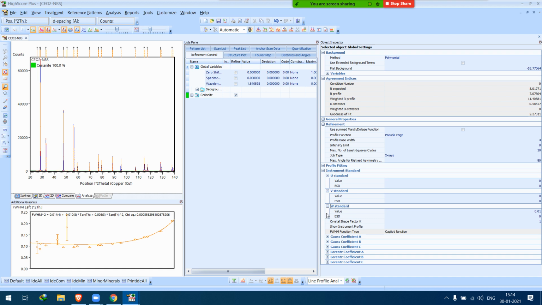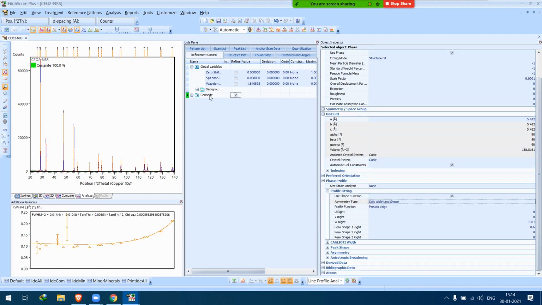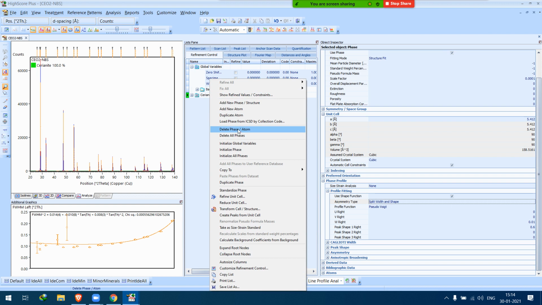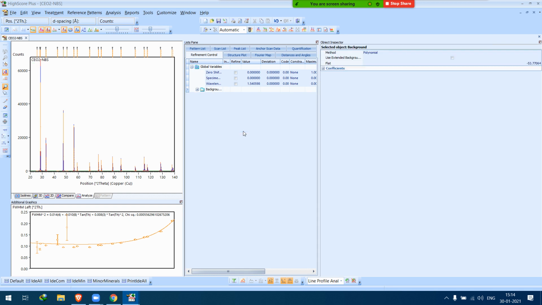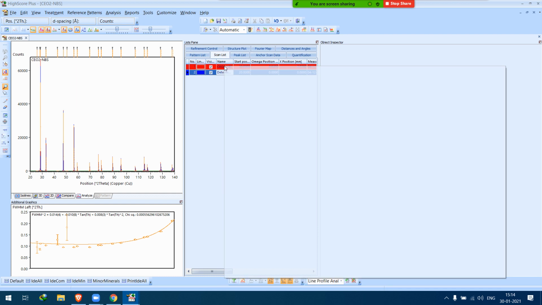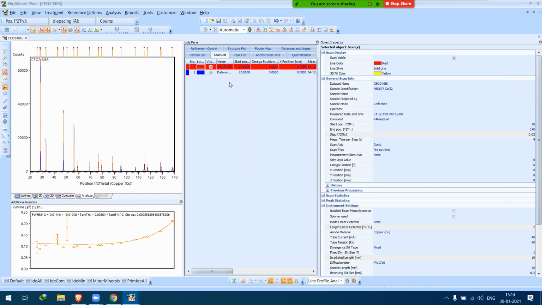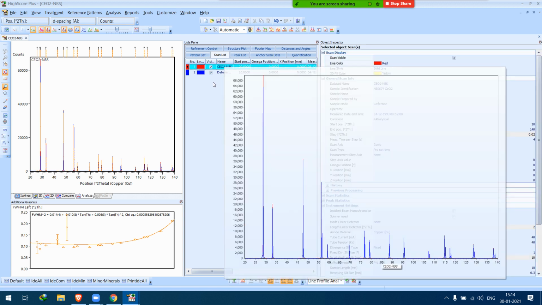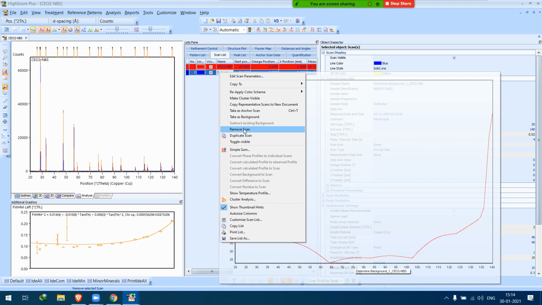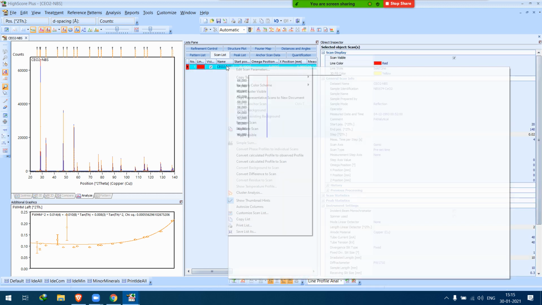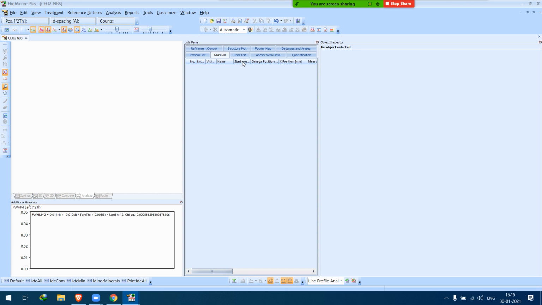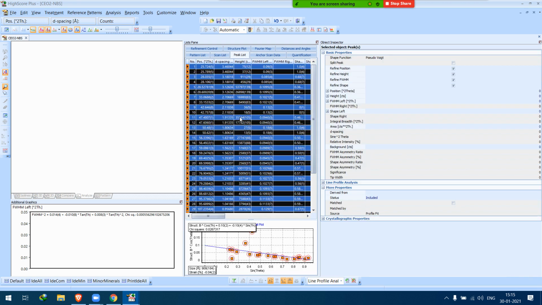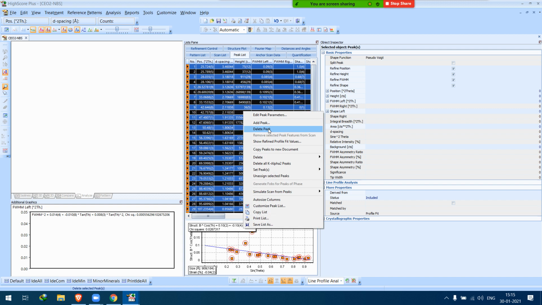Once it is saved, you can remove the phase, delete phase, and then from the scan list you can delete the scan, remove the scan, remove the peak list also, delete peaks.